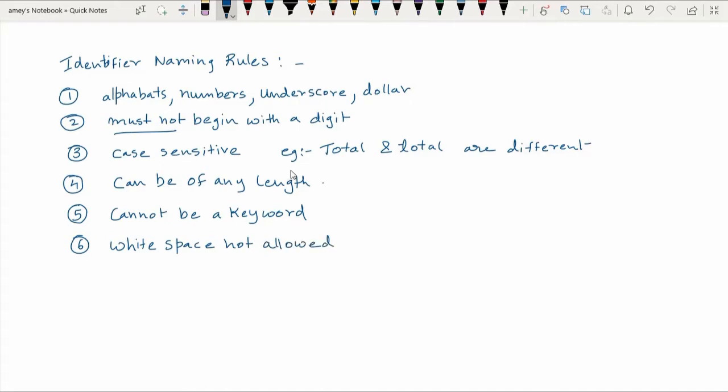So whenever you are naming any identifier, or variable you call it, you should follow these naming rules. These are called rules. They are compulsory.